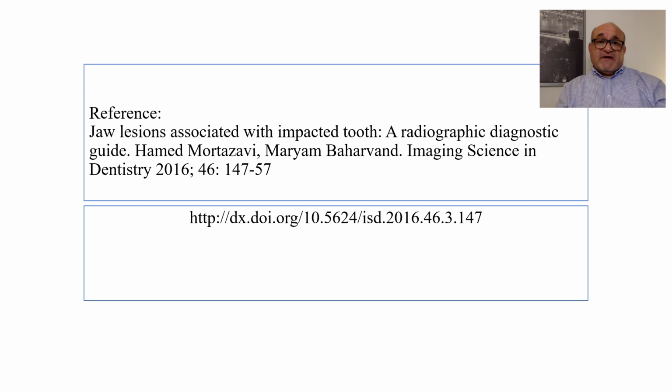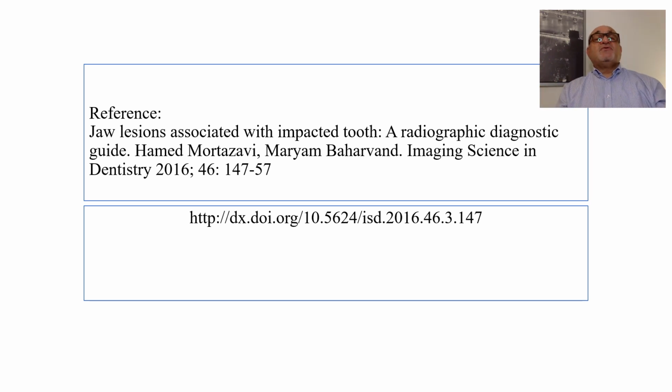I found this article, which I based this presentation on, the jaw lesions associated with impacted tooth, a good article that you can find here, with its web URL where you can just look at this article and have an idea. Actually, the article has very well discussed the lesions based on a revision of several articles that were written on this topic, plus textbooks which were discussing the